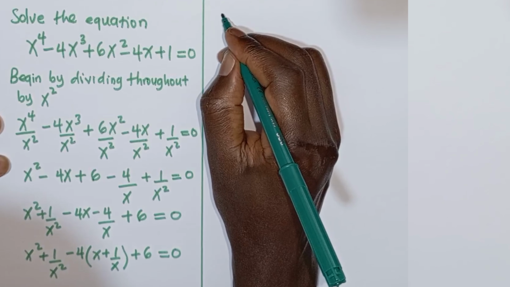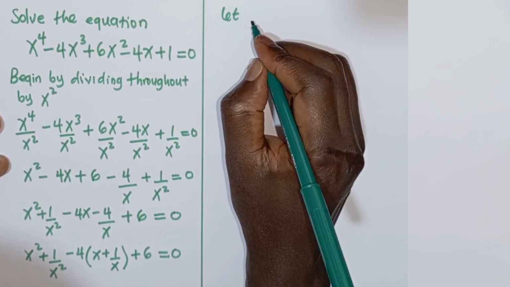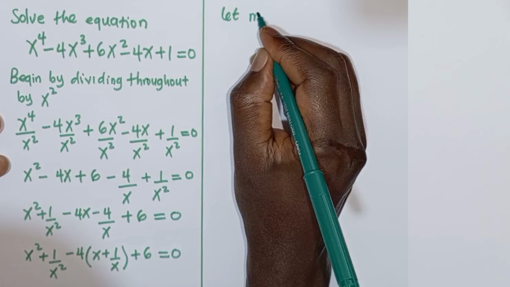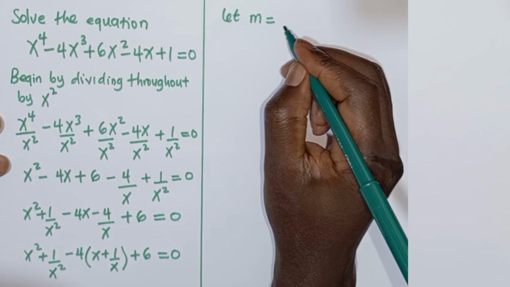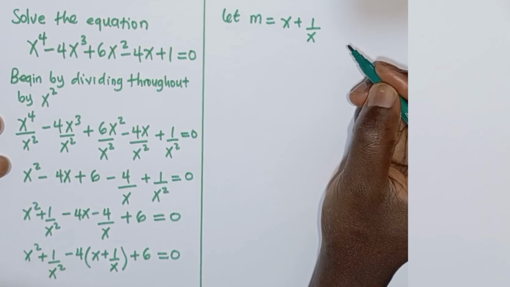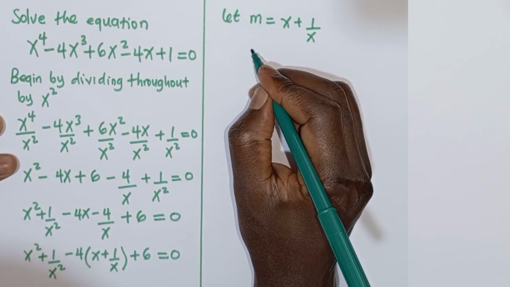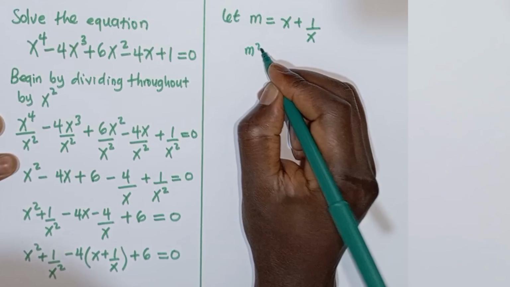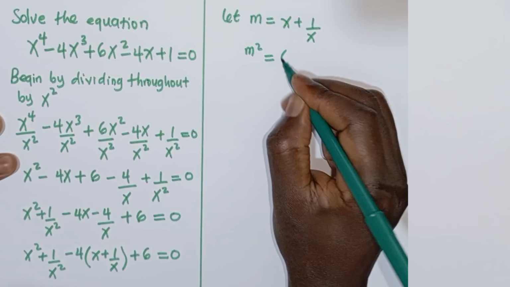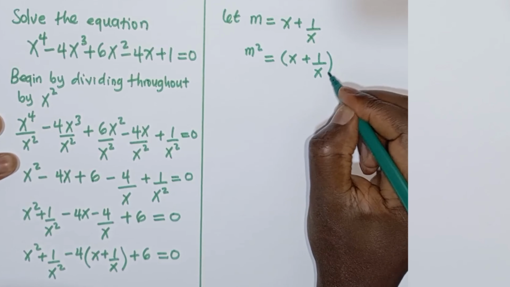So remember, we let x plus 1 out of x be m. So we say m is equal to x plus 1 out of x. That is an equation. So we let it. So we go ahead to square it to compare it with the x square plus 1 out of x square. So when we square it, we shall have